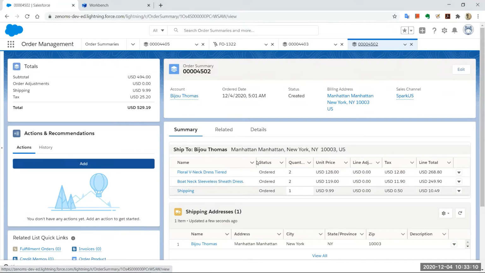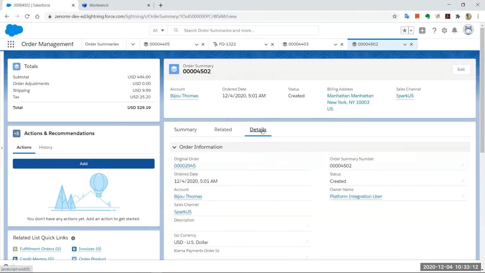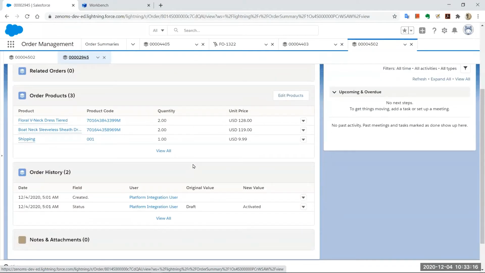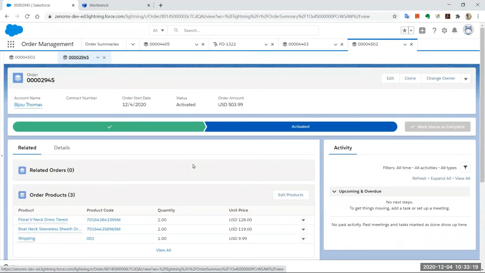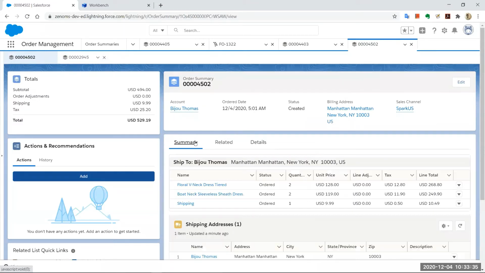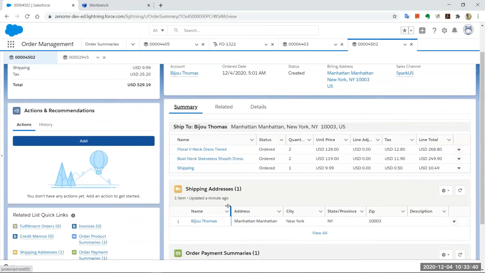So basically what Salesforce innately does is it creates what is called the original order or the order intent. This is your standard Salesforce order transaction, which comes with the standard orders object. But when you have order management, you get all the capabilities which order management provides, which is innately planned and orchestrated around what is called an order summary. I'll get to that in some detail. You also see that the billing address and the shipping address are all carried forward directly with this integration.